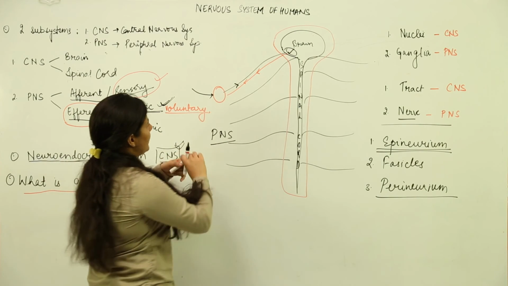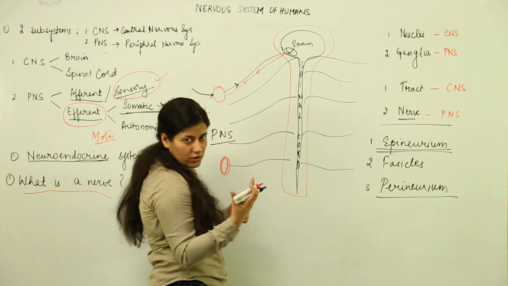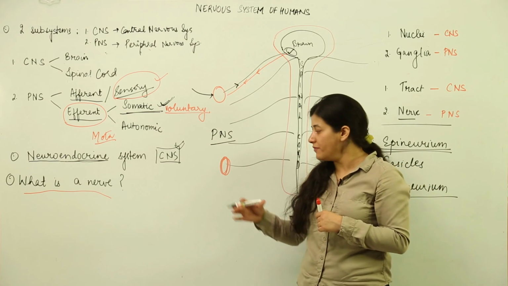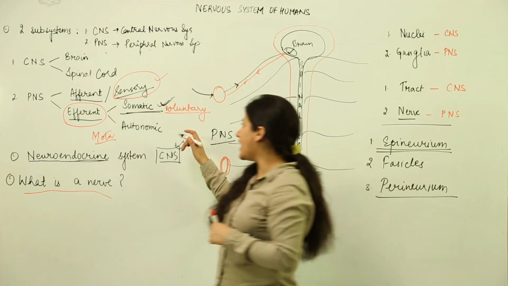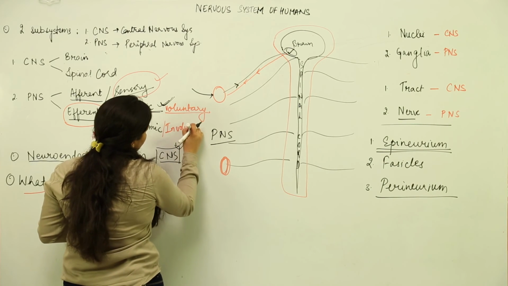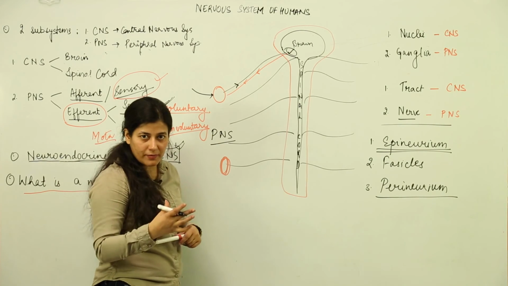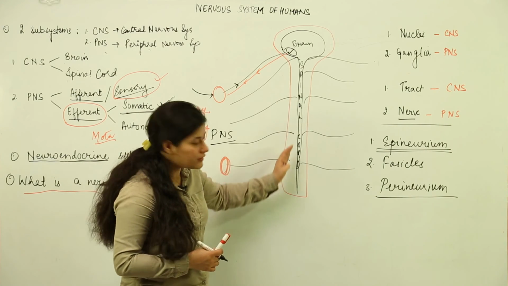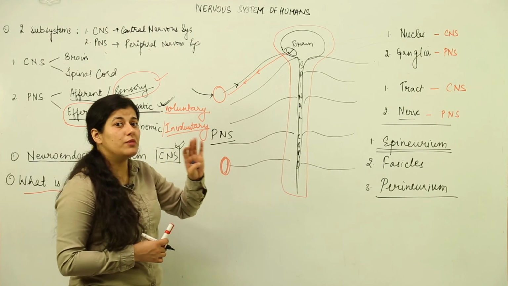And instead of the hand, supposedly this is something present inside your gut, or you talk about the diaphragm muscles. You don't have direct control over the diaphragm, so that is under the control of the brain, but not in voluntary control, so that would be the autonomic or involuntary peripheral nervous system, where it is the brain again which controls whatever movement is to be brought about. In the same way the stimulus would be perceived by the organ, sent to the central nervous system for processing, and information would be sent back to the organ, but there would be no voluntary control.